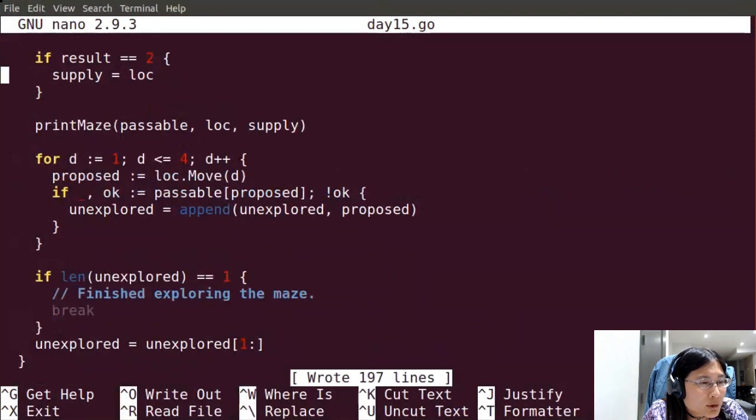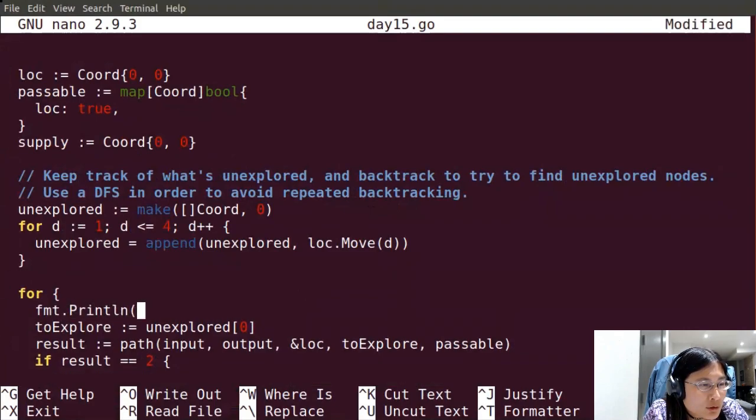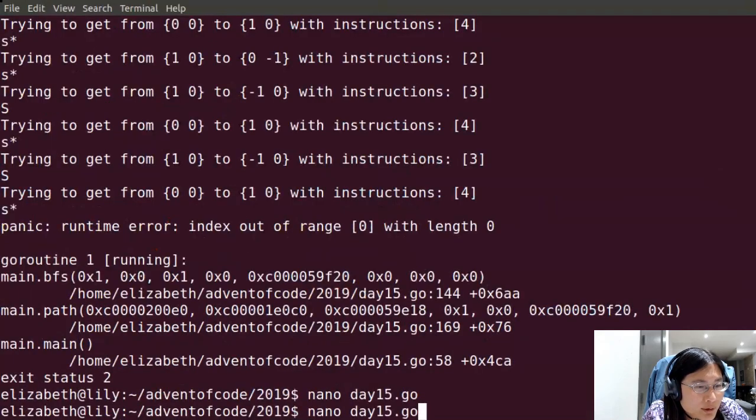Because if it's explored, I'll have marked a passable on it. Okay, so you know what? Let's print the queue every time. That's probably the better move.